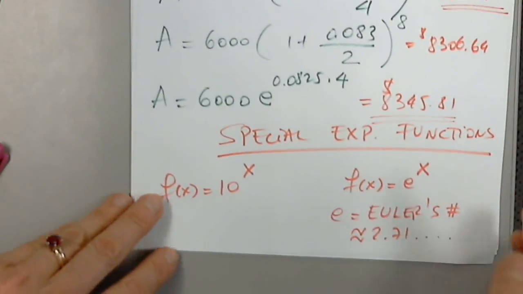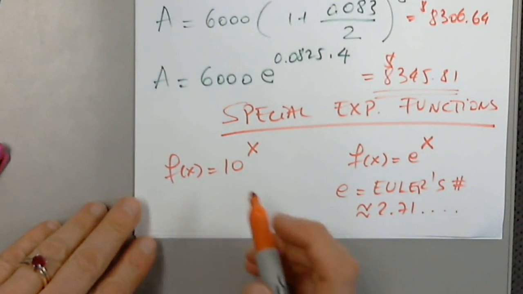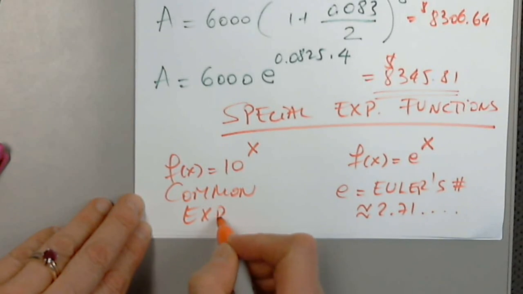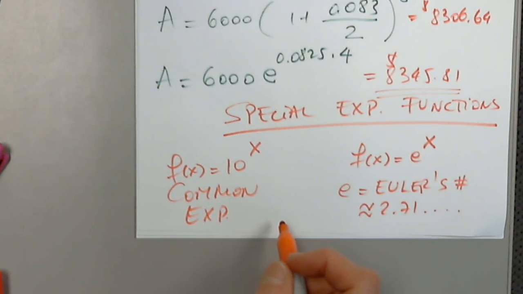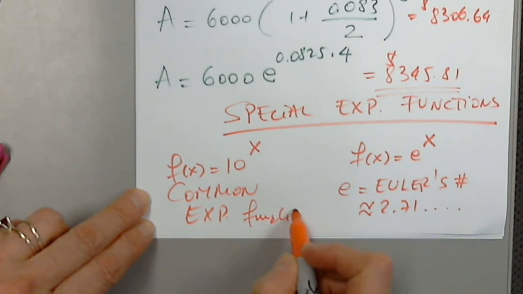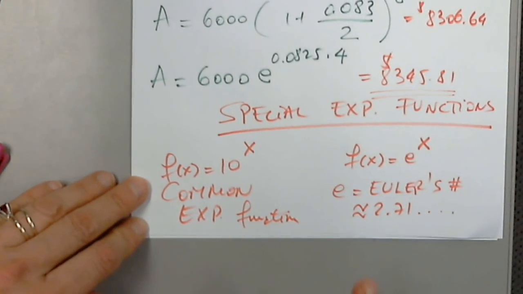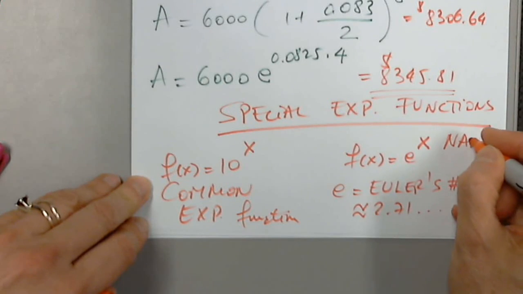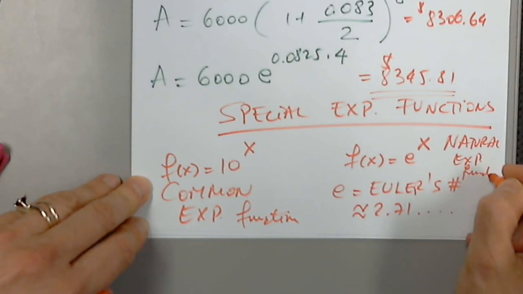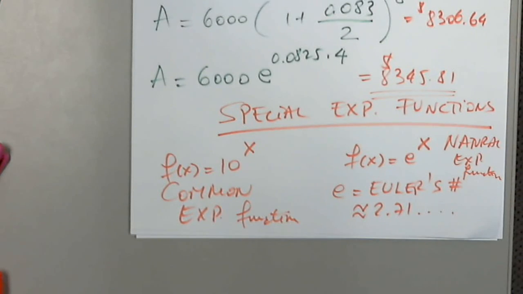Oh, the names. I forgot to mention the names. So this is called the common exponential function. And this one is called the natural exponential function. So when we look at the base e, it's natural. When we look at base 10,